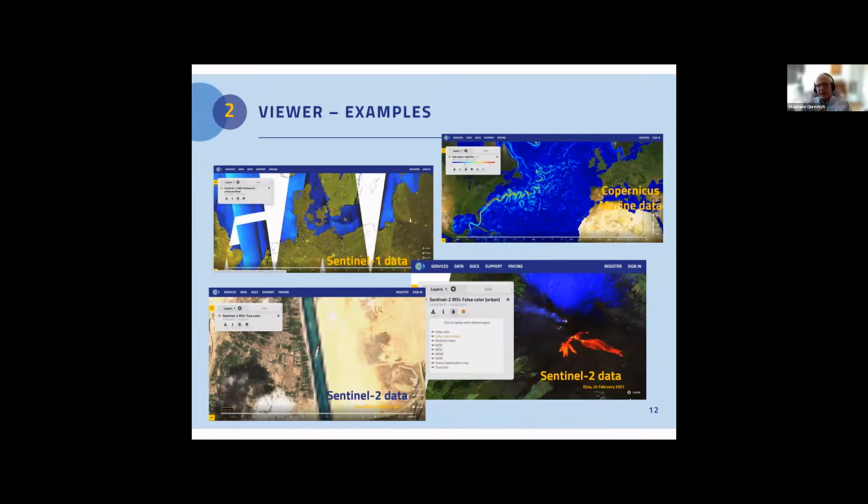Personally, I have a political science degree, not a science degree, and I can really use it easily to look at a particular situation or just wander around the world. And here you see, for instance, that ship that got blocked in the Suez Canal. You can go and look at that scene and any other scene available in the data catalog without any specific knowledge or training.